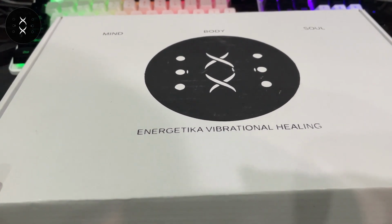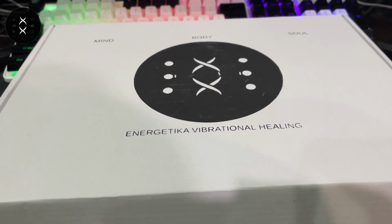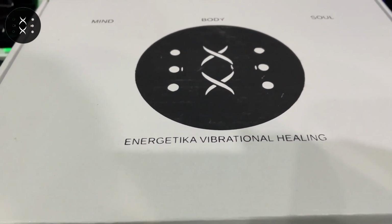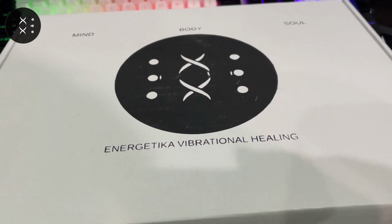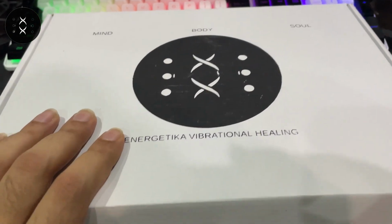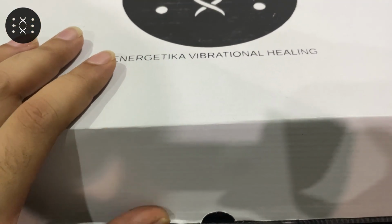So today I'll be talking about the latest addition to our store, which is a mini Rife imprinter. This mini Rife imprinter is going to help you rebalance, re-energize and recalibrate your body, mind and soul. So let's get into it, and I'm going to do a quick unboxing for you and take a look